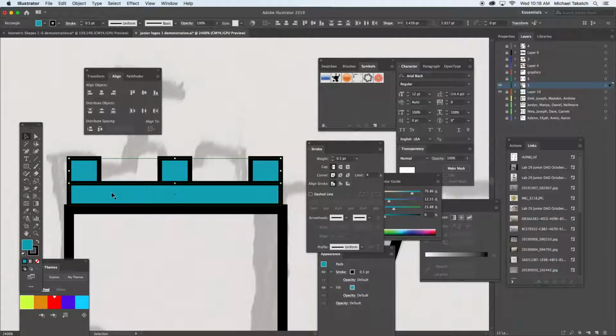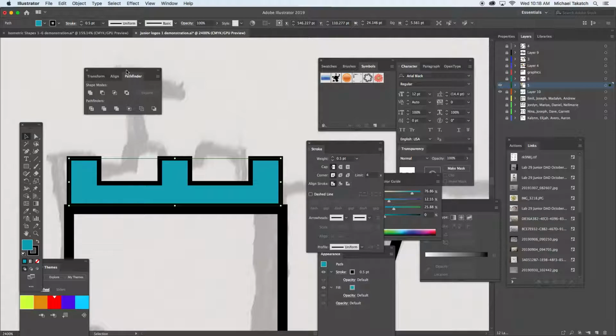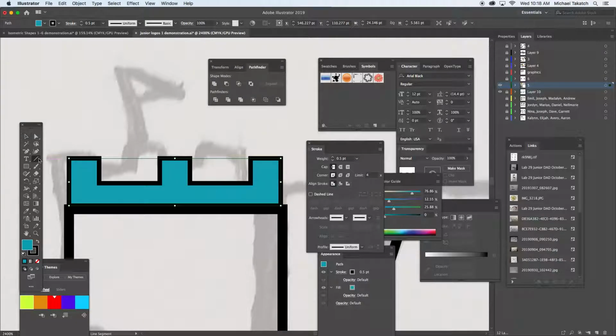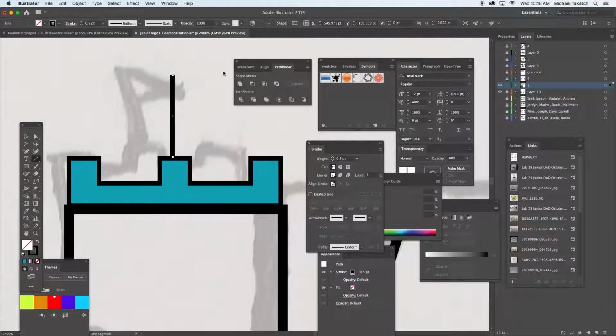And then I'm just going to shift key this one, have my pathfinder, and just make it into that one shape. Okay? And then there's a stroke palette. To just make that section, I can make a line, and then I can just make the flag with the pen tool. So you see this part. So you can kind of use that to an adjustment. That gives you that section. So it'll give you a little bit of a